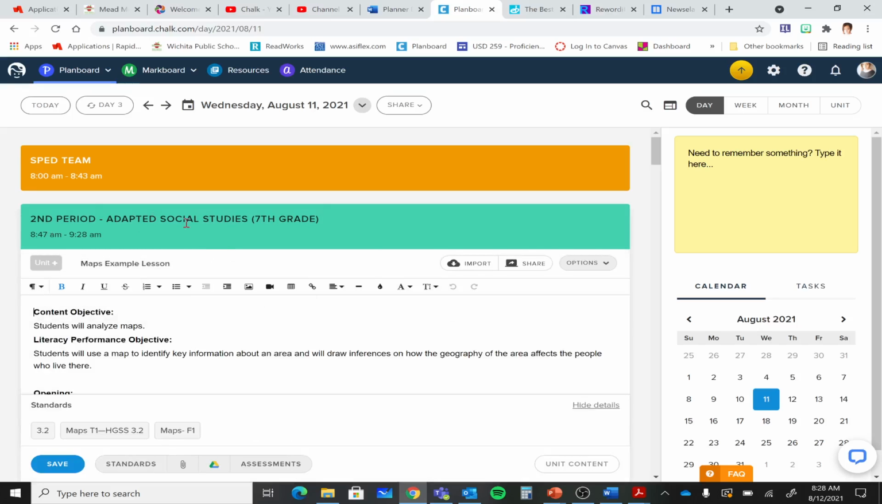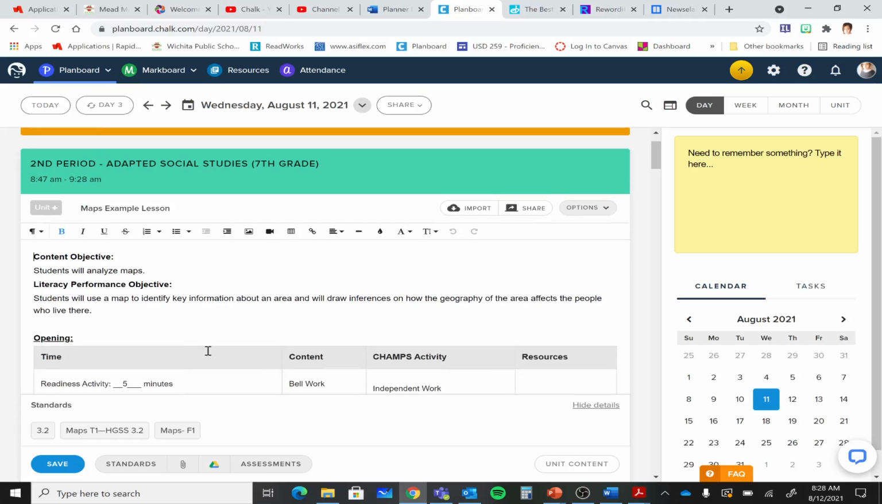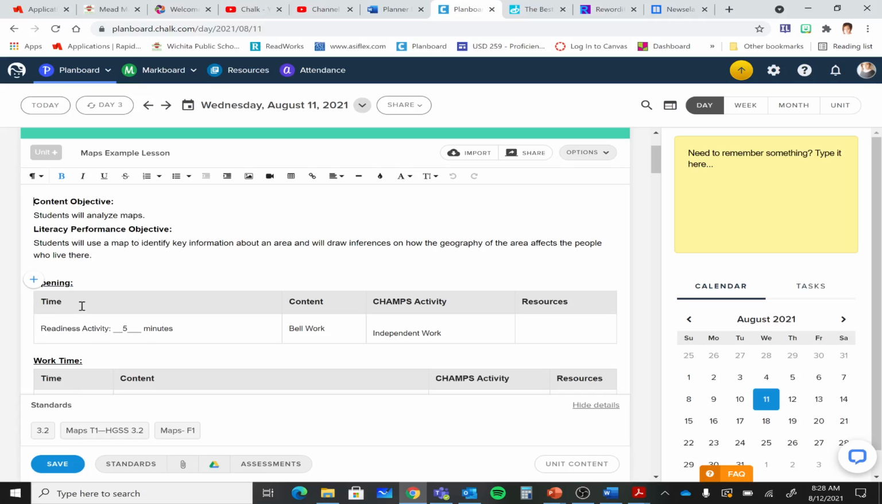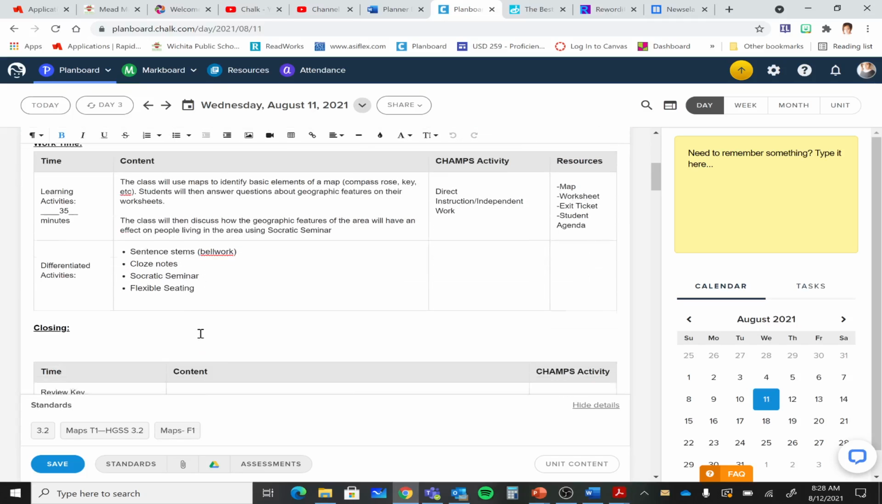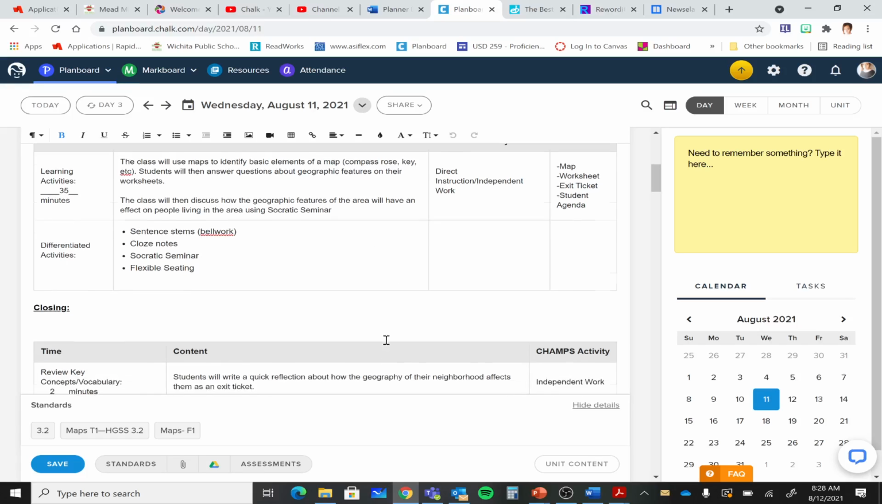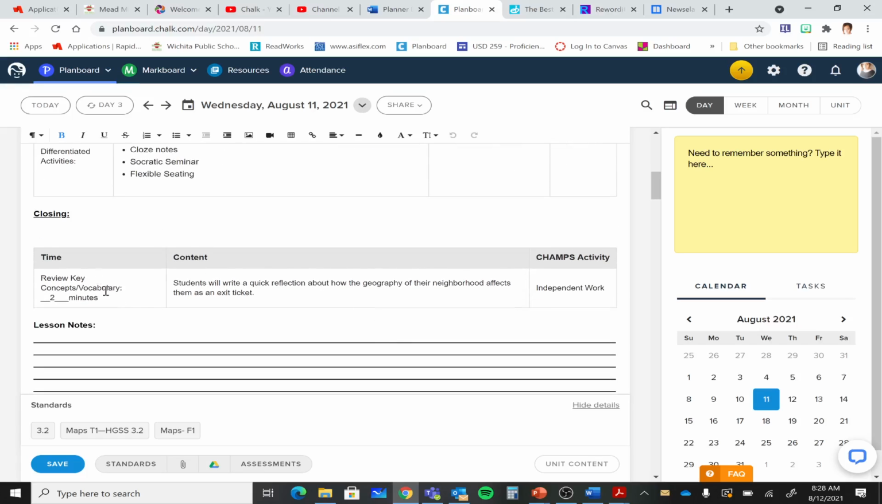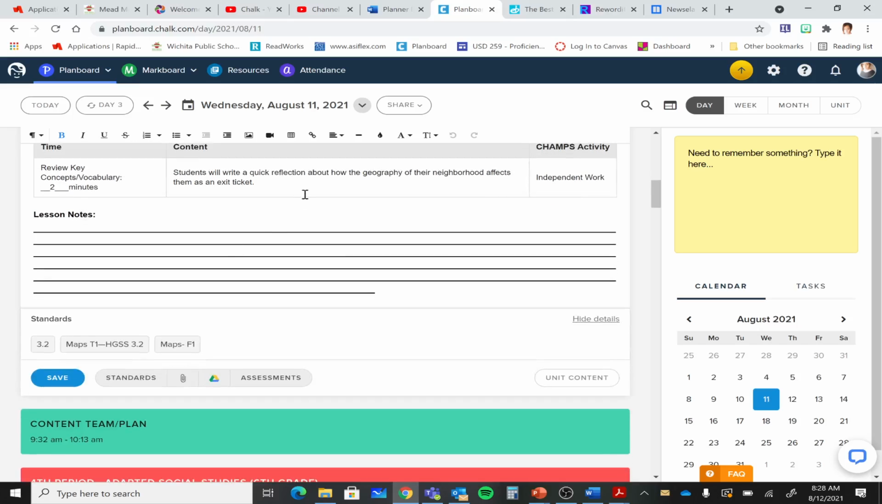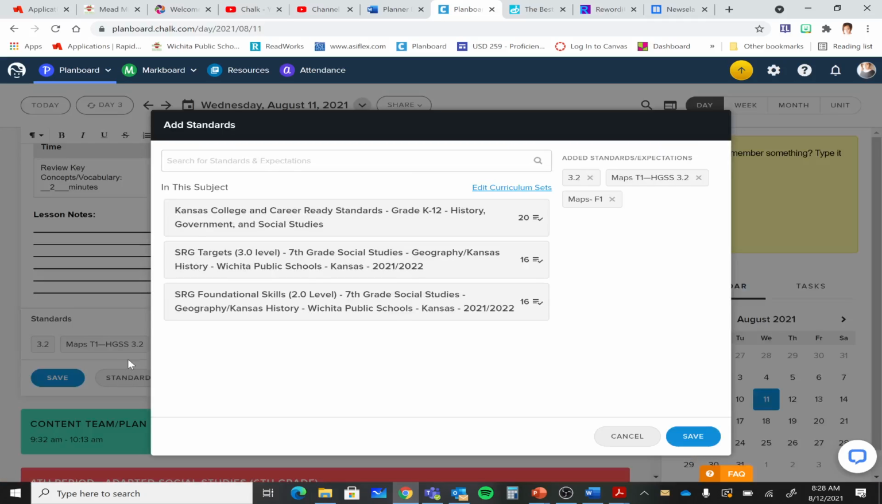So my second period adapted social studies 7th grade class, I have my content and literacy objectives. I have my opening, work time, closing, all those things, and the closing, of course. And then when I want to attach standards for it, I can just click standards, and then I can click